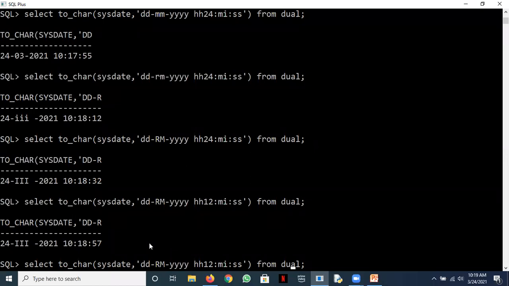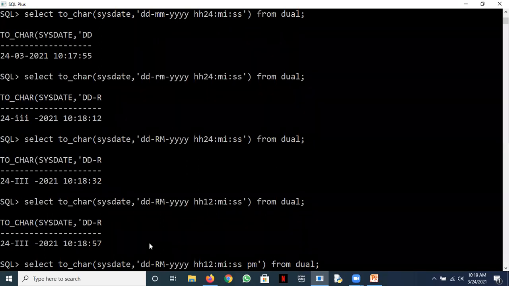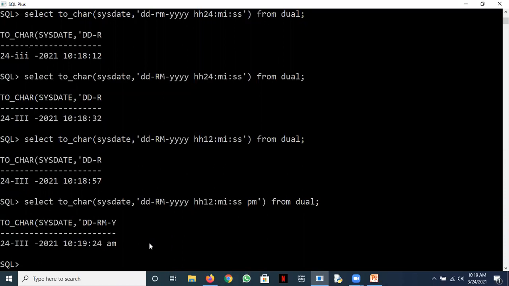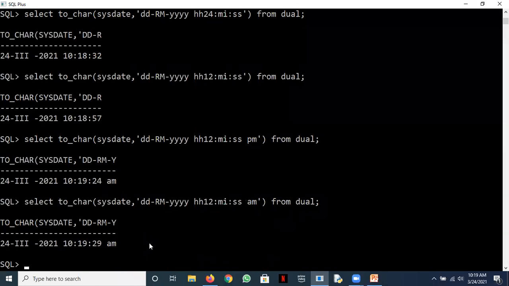If you want to add AM, PM to your time, just write PM. If I write PM, what would be the output? Raise your hands to answer this. If I use a PM here, what is the output? That's very simple. Whether I add a PM or an AM, it will tell you whatever is the current status. So it will give you AM here. Even if you write AM, it will give you AM here. Because AM or PM pictures would tell whatever time is at that moment, whether to attach an AM or a PM, that is, the time before 12 noon or after 12 noon, that you understand.